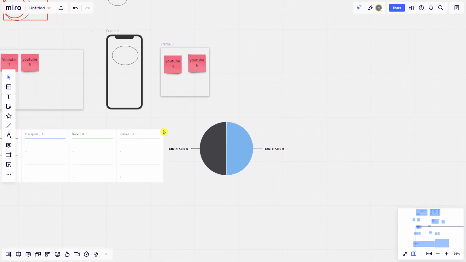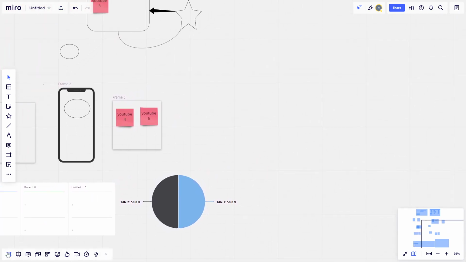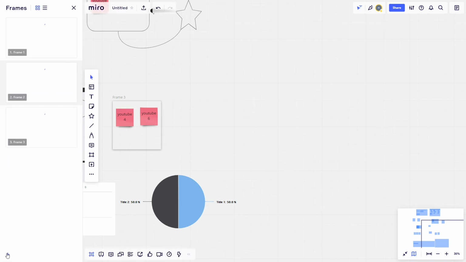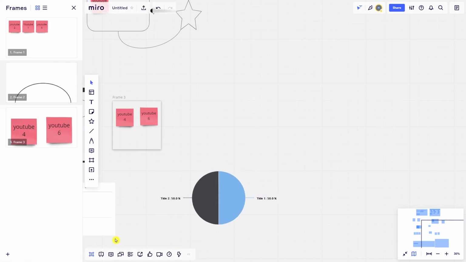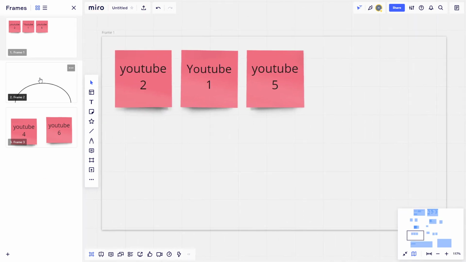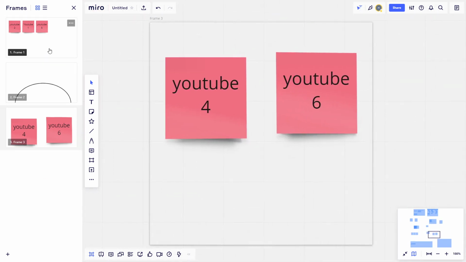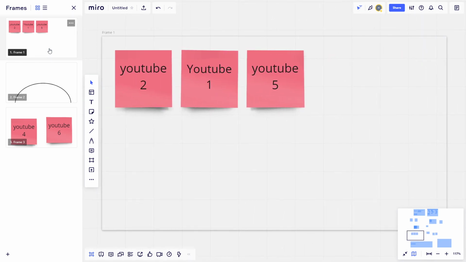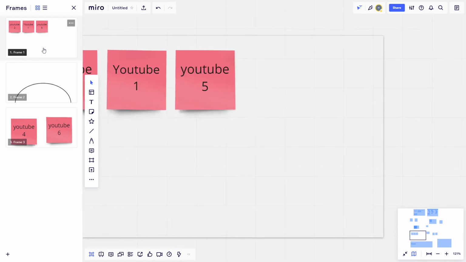What you can do next is, when you go to the left bottom, you will see frames here. These are frames, and I can simply click on a frame and I'm automatically redirected there. So this is why it's really amazing to have frames, only because you can simply switch, and let's say